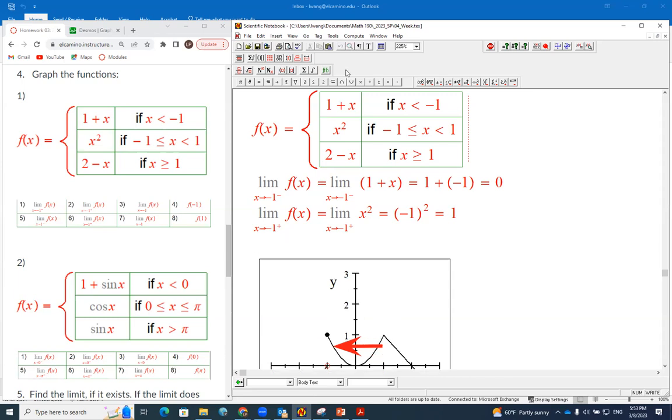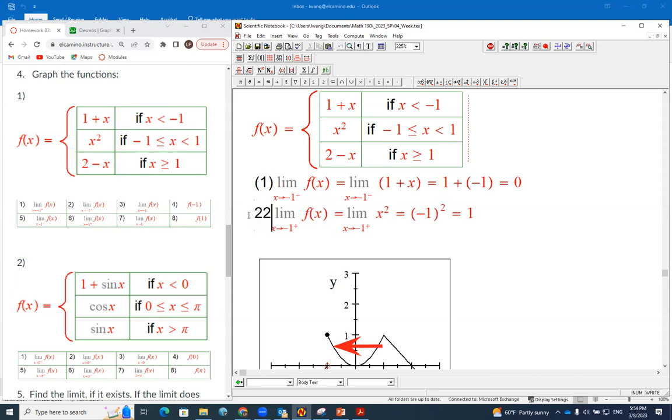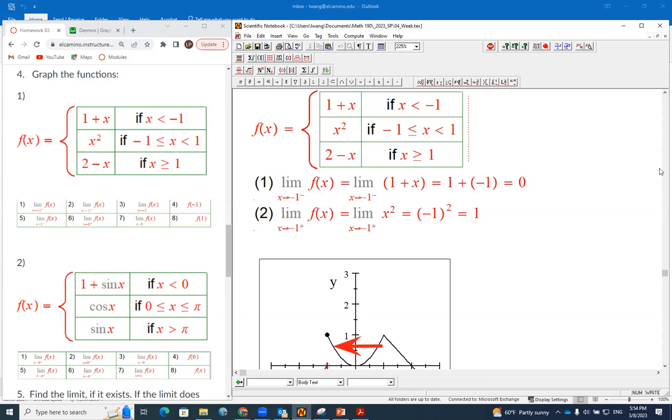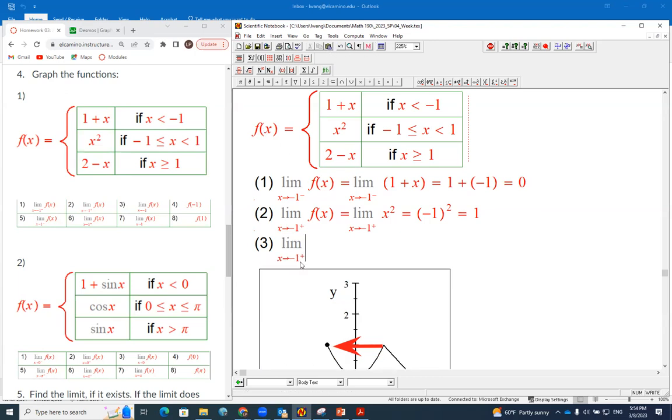Okay, this is question number 1, and for question number 2, and question number 3 is asking for the limit, removing the side sign. When x approaches -1, f of x, never leave this place empty. Then what do you say? You can say it does not exist